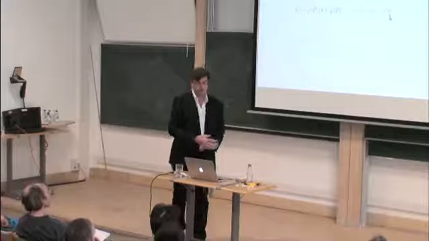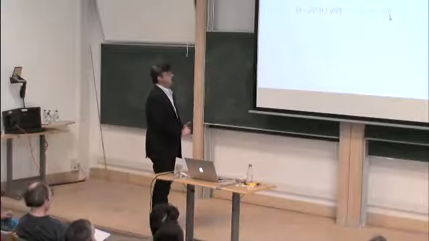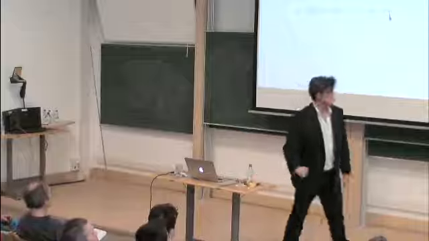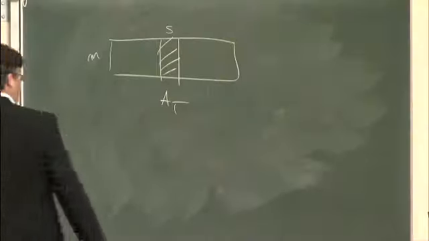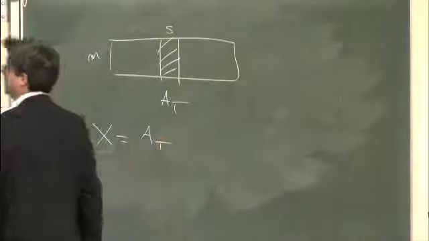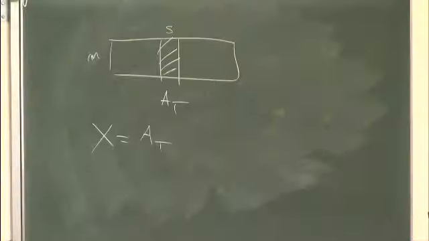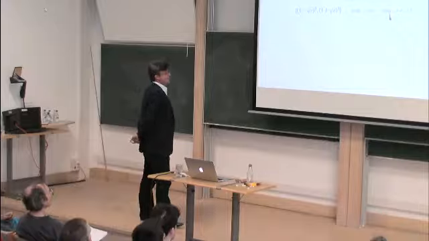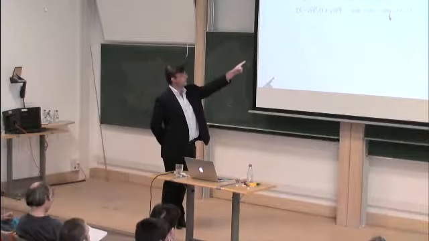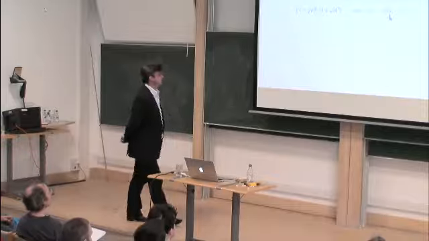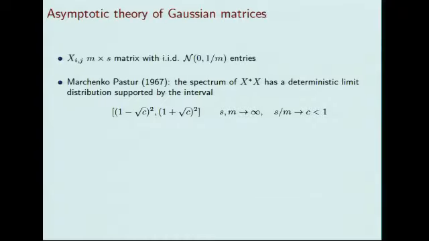We've known for a long time that the eigenvalues... so this matrix, this submatrix, I'm going to call X from now on, so X equals A_T. Okay, we've known for a long time that the spectrum of X star X has a deterministic limit. That is, when S and M go to infinity in a fixed ratio, so that the ratio between S and M goes to c, where c is less than 1, so I have a tall matrix, we know that the